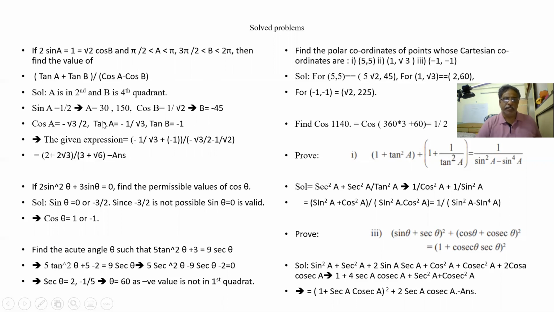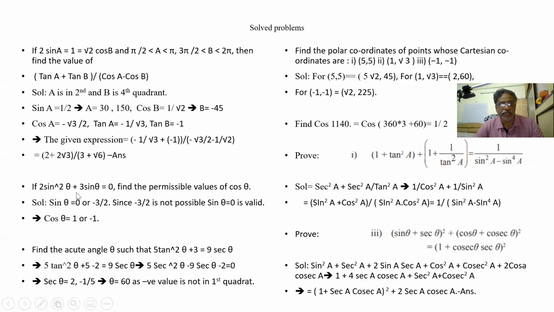So we got both the angles, with which cos A is minus root 3 by 2. Tan A we get as sin A by cos A. Tan B, we got cos B as 1 by root 2, B is 45, so minus 1. Tan B is minus 1. So when I substitute these values, this is the answer. From the angle, cos 30 is root 3 by 2, and because A is in the second quadrant, cos is negative, so tan is also negative. B is in the fourth quadrant, tan is also negative. So we found cos A, cos B, tan A, tan B.